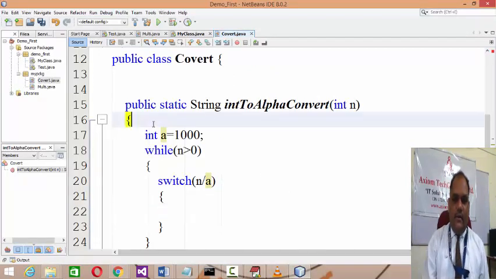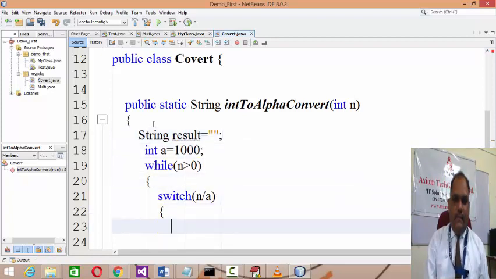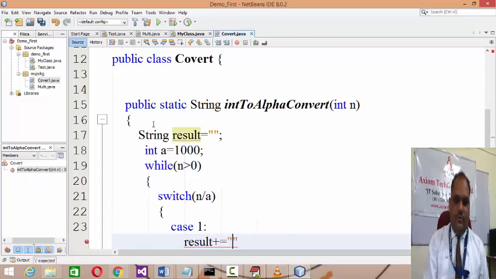Now here I will be generating the resultant string, result equals blank. Switch n by a. And if case 1, if the value switched is 1, then result plus equals 1.